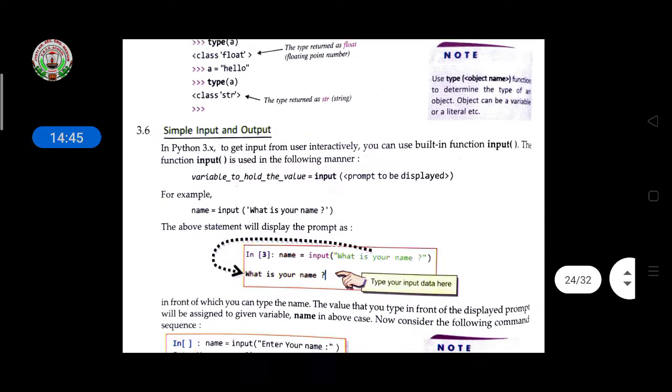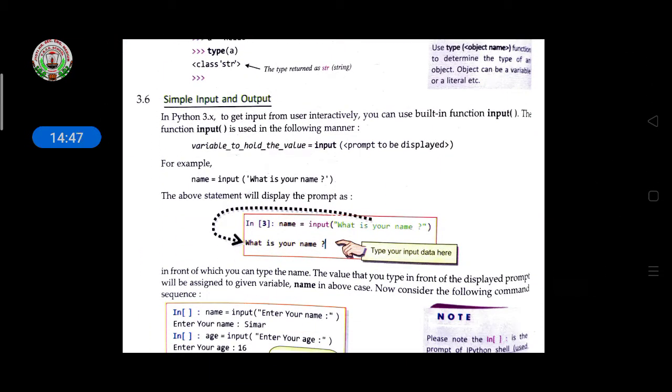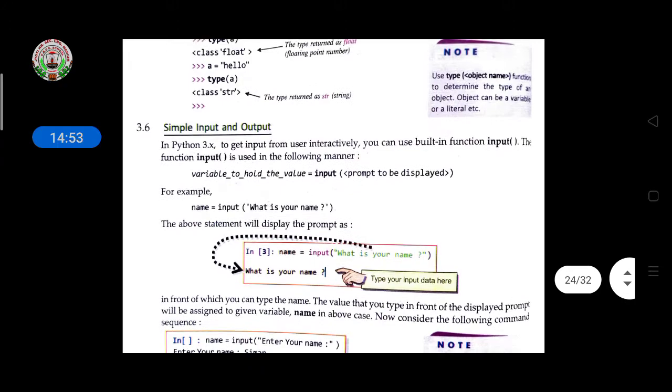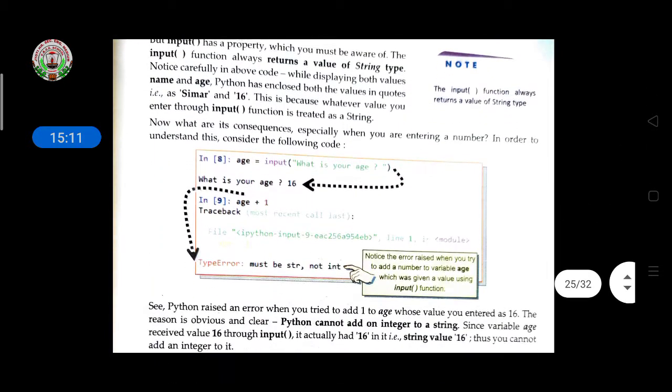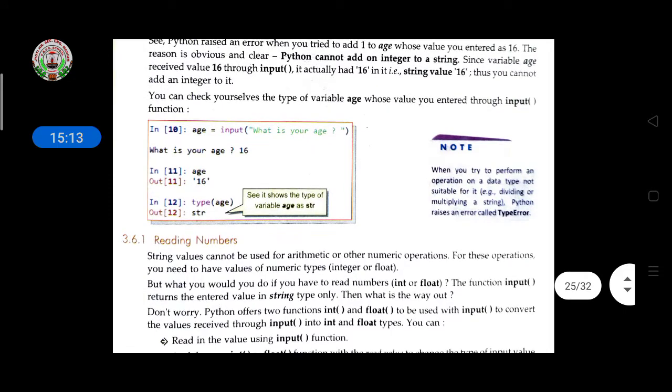Then there is some input and output. Input and output are also functions. You use the input function and output function in your code. And listen here, input means if you use the input function, whatever you have written inside the input function will be displayed in the program, and that question will take the input from the user. These are the uses of input and output.